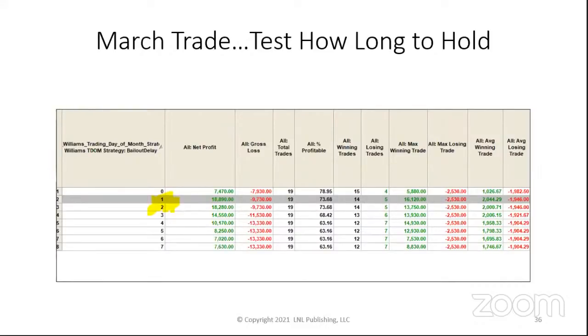Why is the max losing trade changing so much if it's set to a particular amount? Well, this may be in the S&Ps now, but you're going to notice the max losing trade is the same. Max winning trades will vary, but the max loss should stay the same. And there's $30 in here for commission.